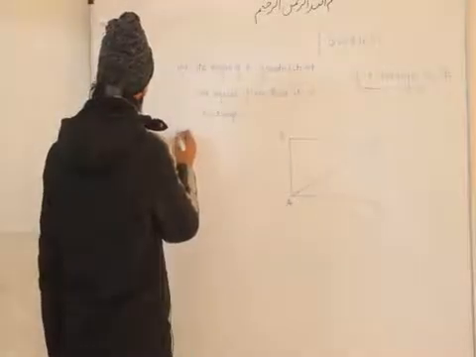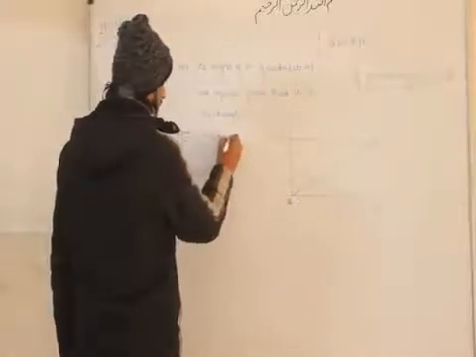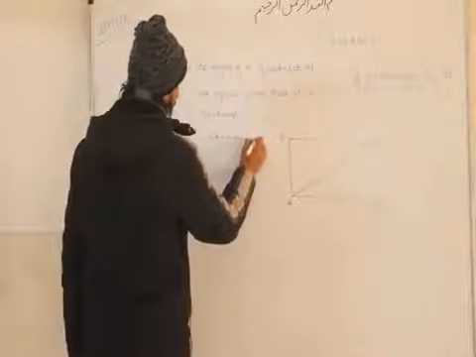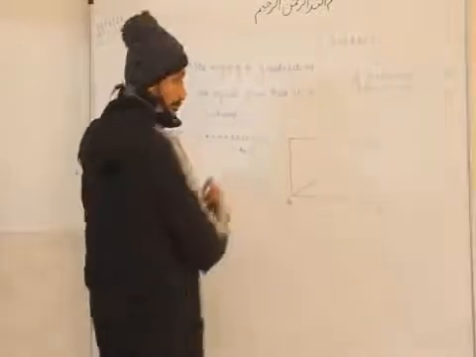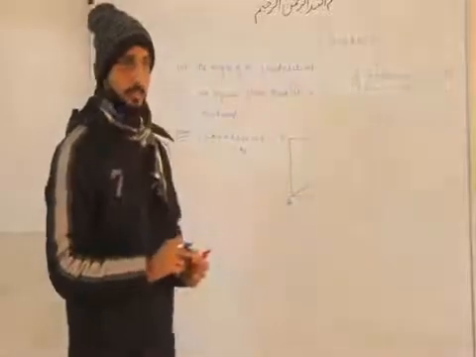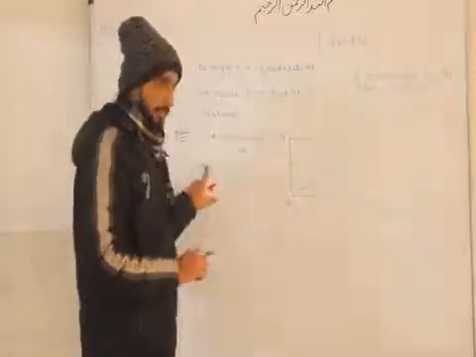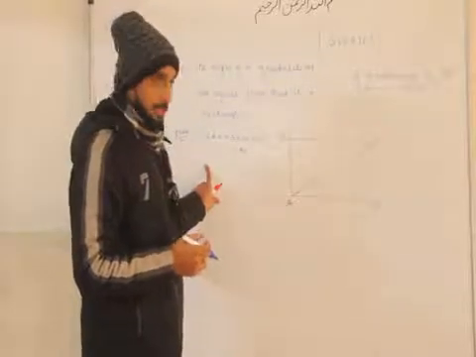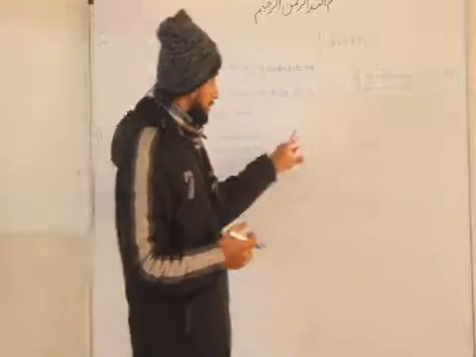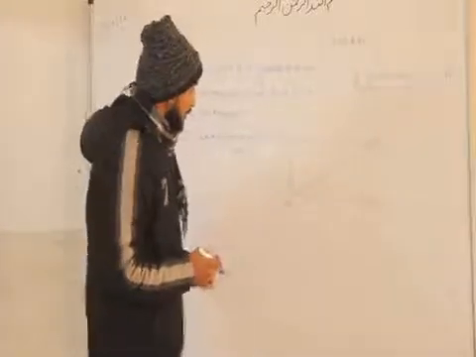What we have proved here: angle A equals angle B equals angle C equals angle D equals 90 degrees. This is the first condition that we have proved, but this is colliding with the condition of the square, because this is also the condition of the square. But in a square all sides are equal, while in rectangles all sides are not equal. Opposite sides are equal. We can say adjacent sides are not equal.